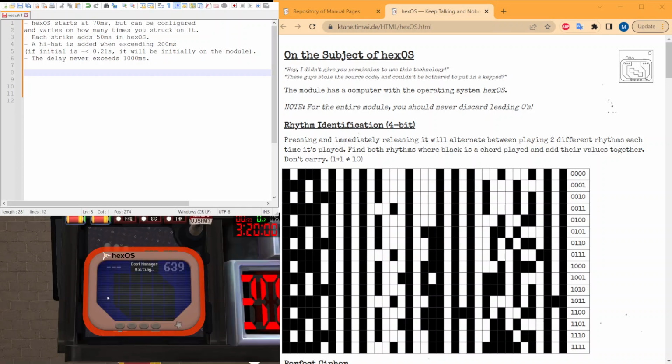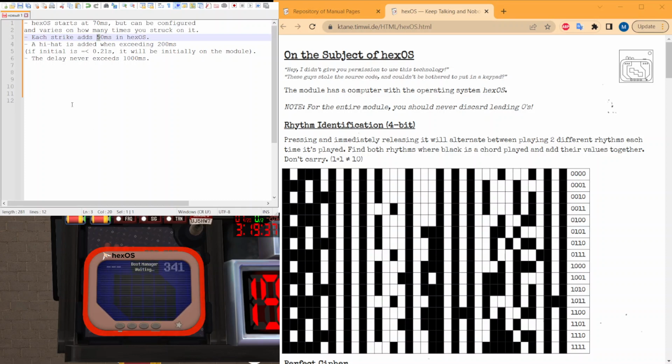Basically, notice how it's slowed down. Basically, when you strike, that's 0.05 seconds added to